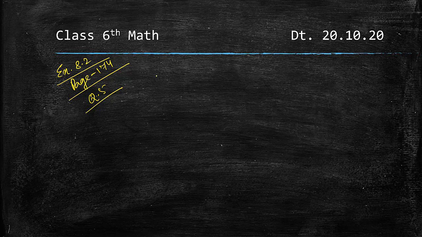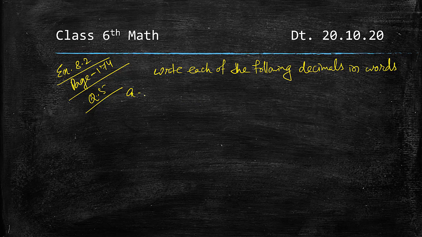Here it is given, write each of the following decimals in words. Okay. So first, 0.03. So we can write it as